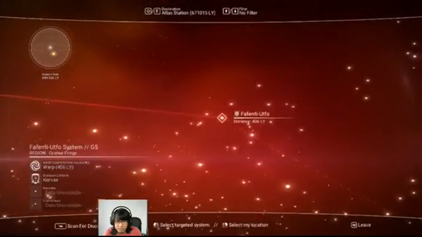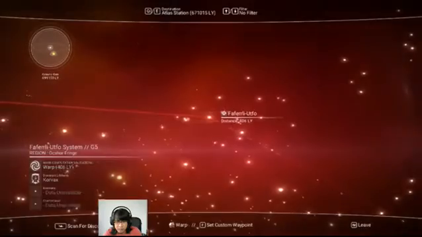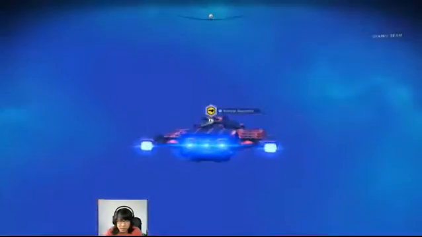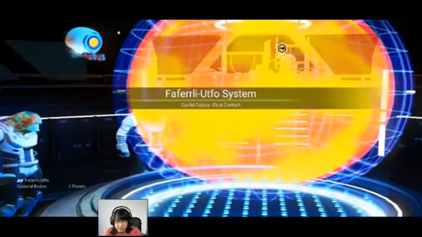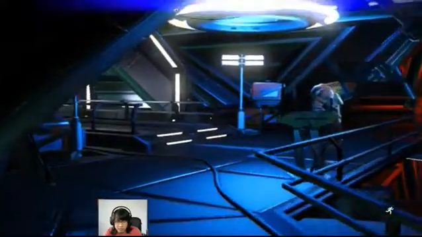So this is 468 years away. So let's go here and check the planetary system, I mean the environment. So now let's try using the cargo starship instead of using the exotic type starship,